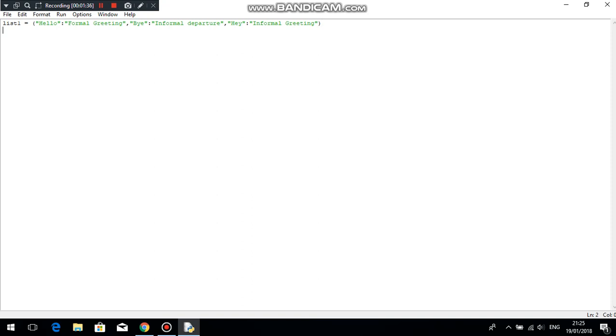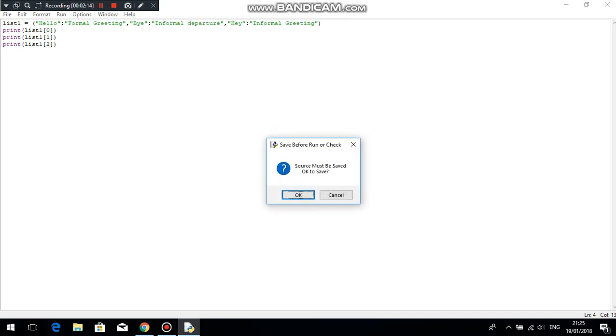So we've got 3 in total, and let's say you want to print out each and every one of them one by one. So you want to print this with this only, this with this only, this with this only. One way we can look at it, if you don't know the method I will teach you in a bit, is you can literally just do print, and then you want to print only the first bit of it, so you want to print list 1 and then squiggly brackets 0, and then you'd have to repeat that on and on for the next bits. So obviously it's not very efficient, because let's say you had a long list. So let me just save this,